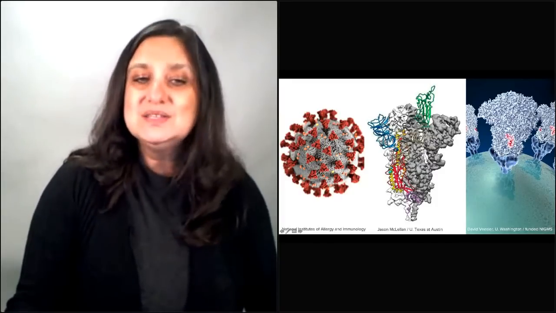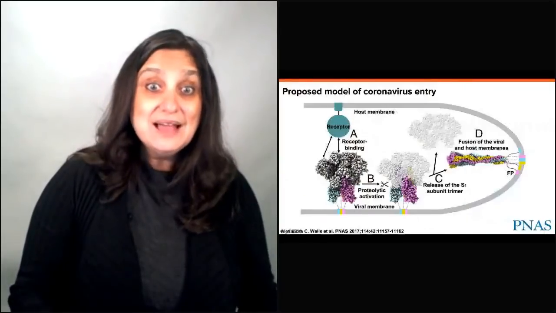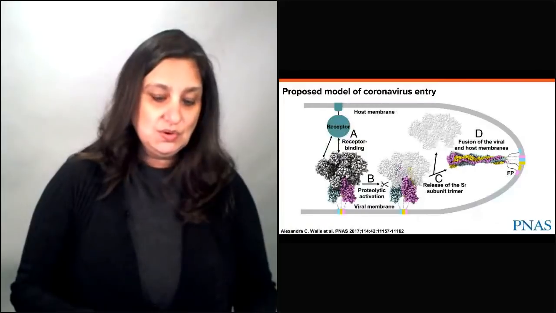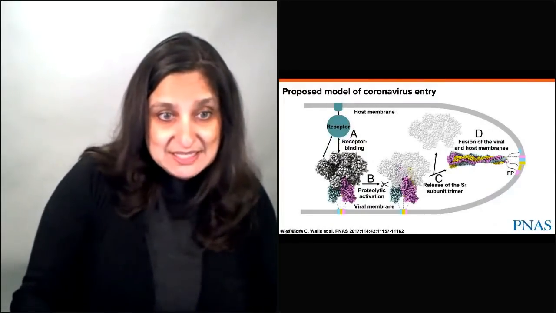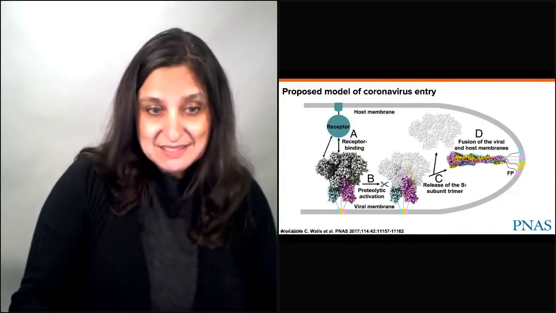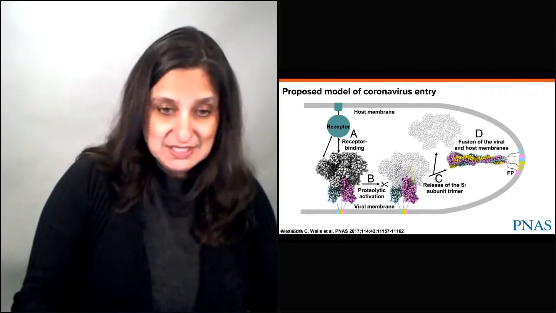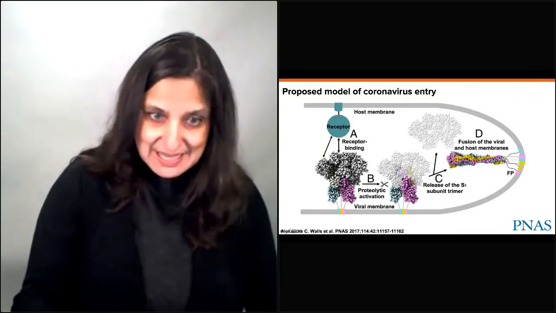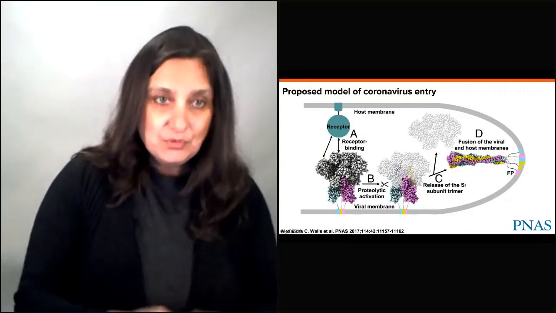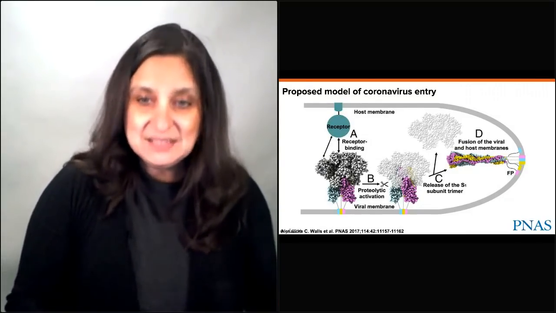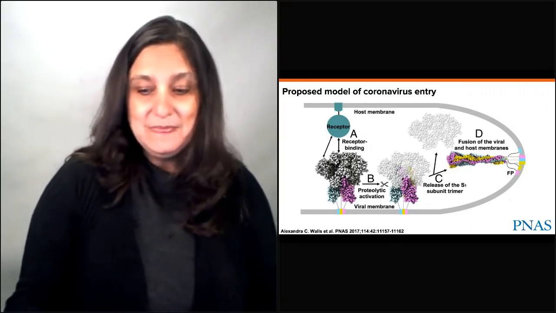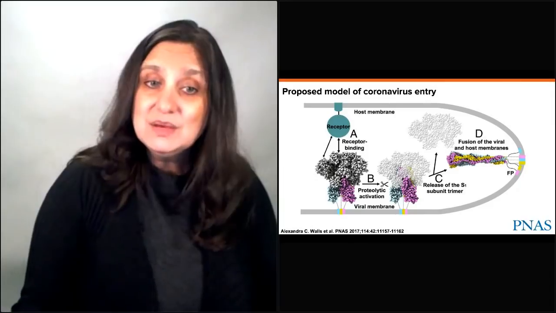So why is this important? Well, that's how the coronavirus gets in. That's how it gets into something like your lung tissue. And you can see that once that receptor binds to the spike protein, it's our proteases. We have enzymes within our cells that can actually break apart the spike protein and activate it. And once that happens, it gets into the cell. Once it gets into the cell, it can make more copies of itself.